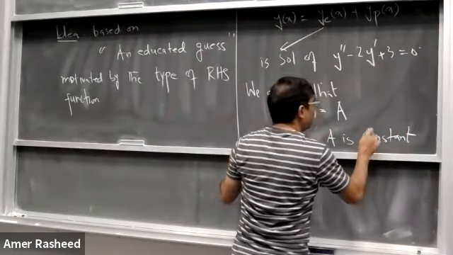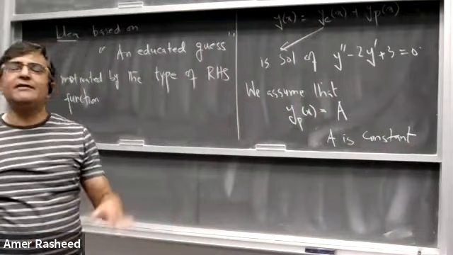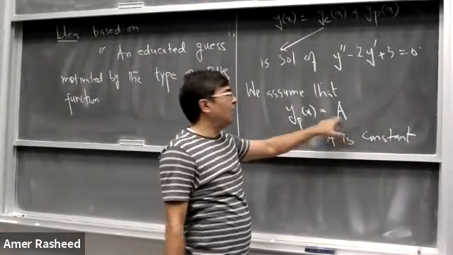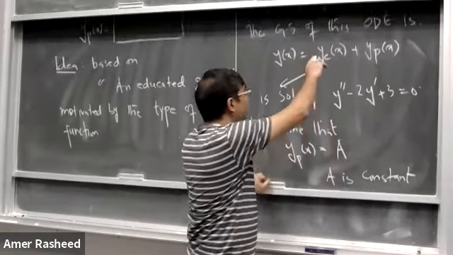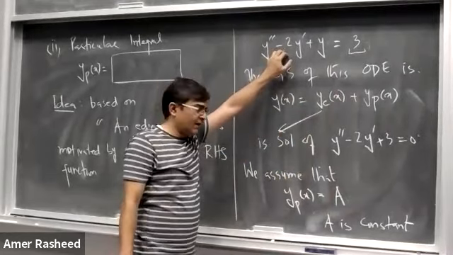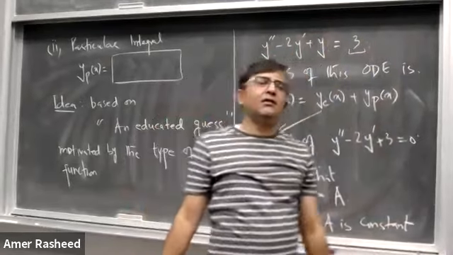If it is constant, we need to find its value. How to find its value? You put this solution into the given differential equation, compare left and right hand side, and then find the value